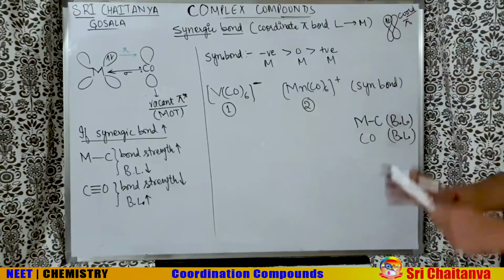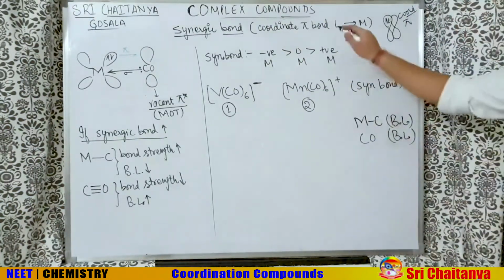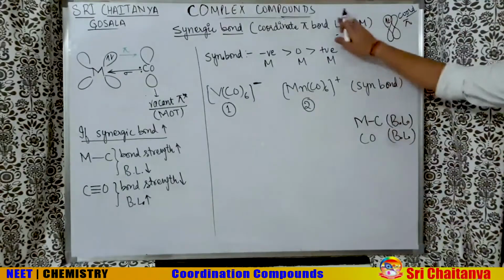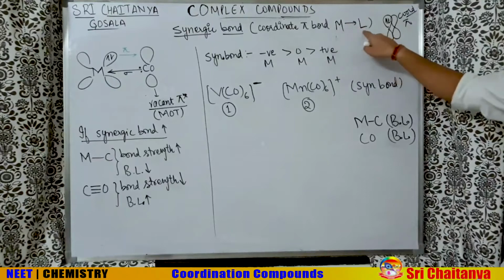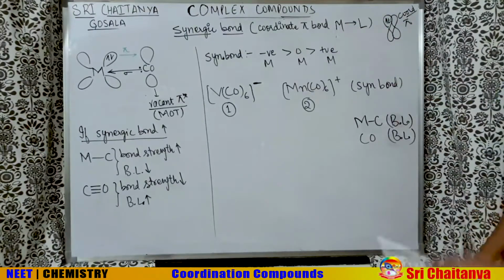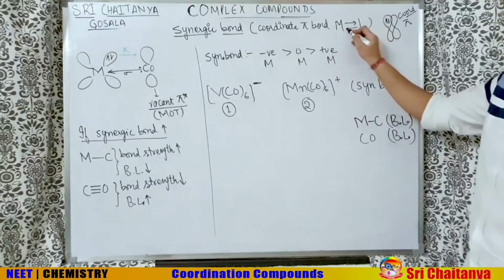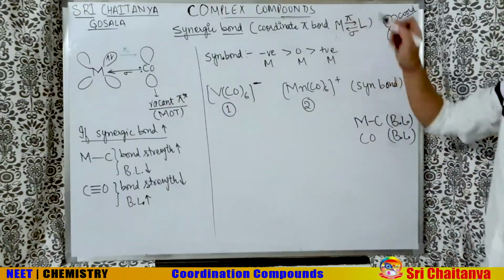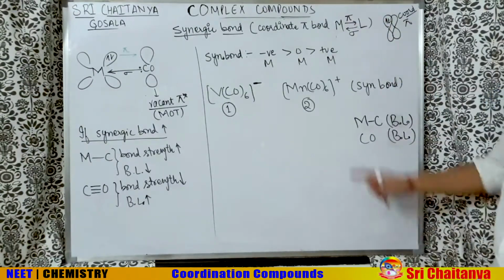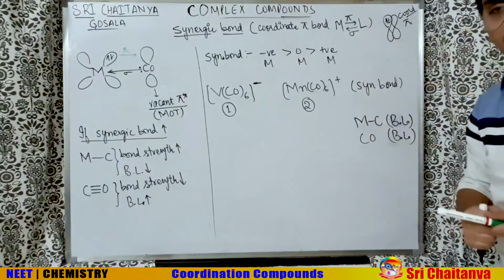Such a bond in this chapter is known as synergic bonding, and the bonding is from metal to ligand. Metal will be giving the lone pair and ligand will be accepting the lone pair. But sir, you said that ligand gives the lone pair? Yes, ligand will give the lone pair through a sigma bond and metal will give the lone pair through a pi bond. So the metal-ligand bond will become stronger. It will have double bond character.